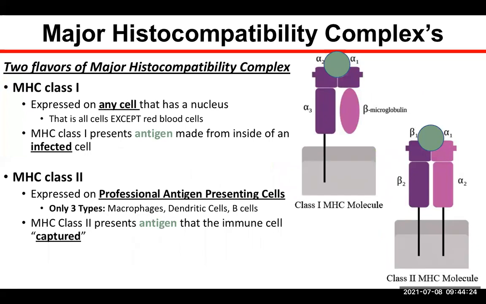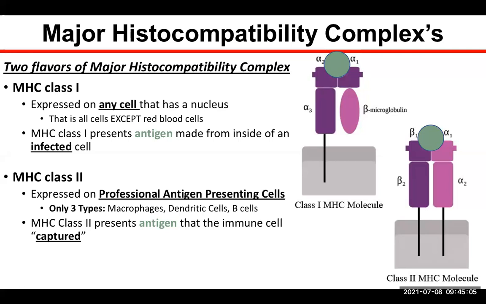So there are two different types of major histocompatibility complexes. There's MHC1 and MHC2. For MHC1, basically this is expressed on all cells in your body that have a nucleus. And all of your cells in your body have a nucleus except red blood cells, and it has to do with the whole differentiation process. But the whole point of this is, the reason why all cells have an MHC1 is because all cells can get infected, theoretically. And so if a cell is infected, it wants to communicate to the immune system that I'm